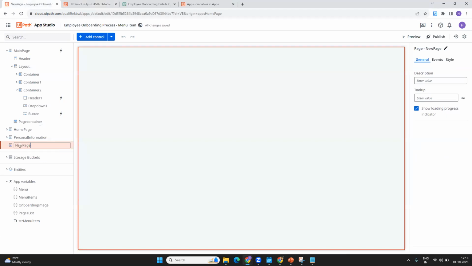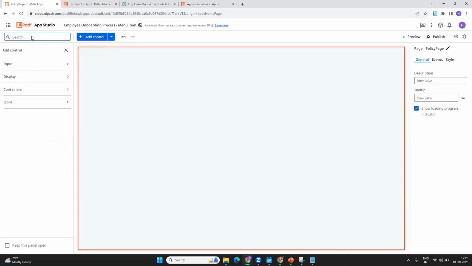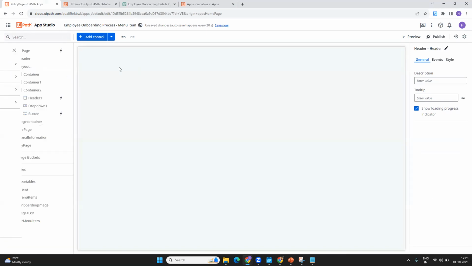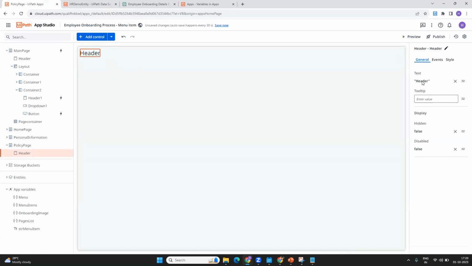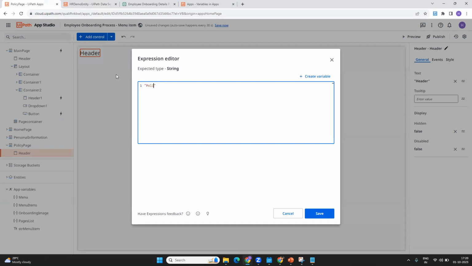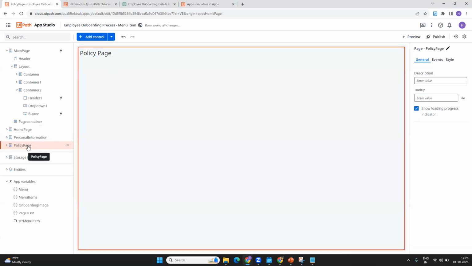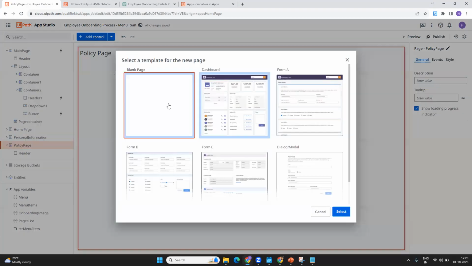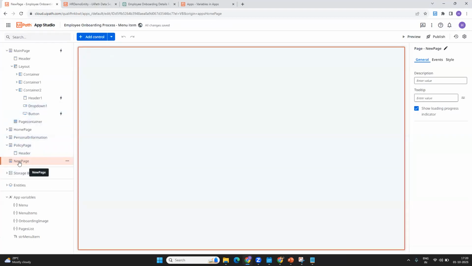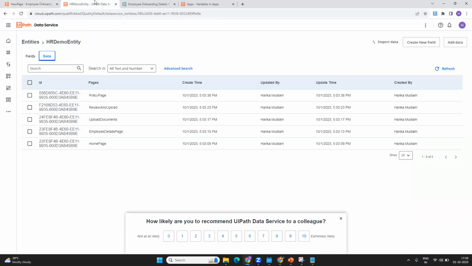Let's name it policy page. Okay, just to give one small header to enable us to understand that it's a policy page. I'm not doing much because you guys know how to customize this based on your need. Just taking one more page, which is review and submit page. Let's name it review and upload. Okay, review and upload,